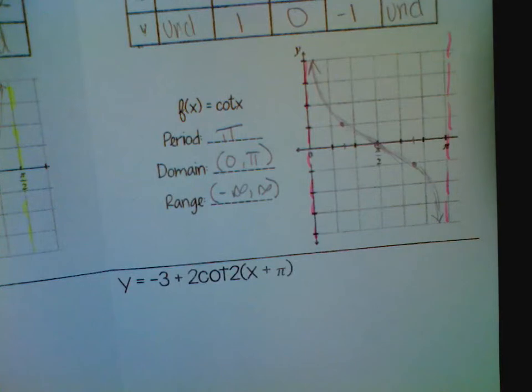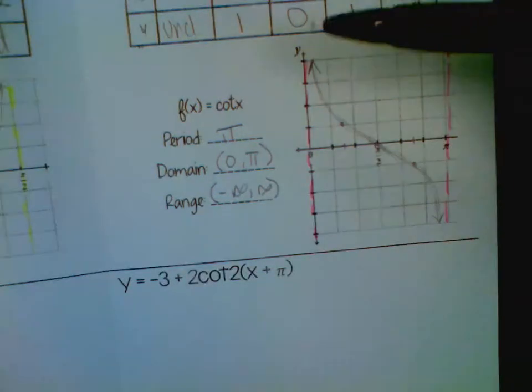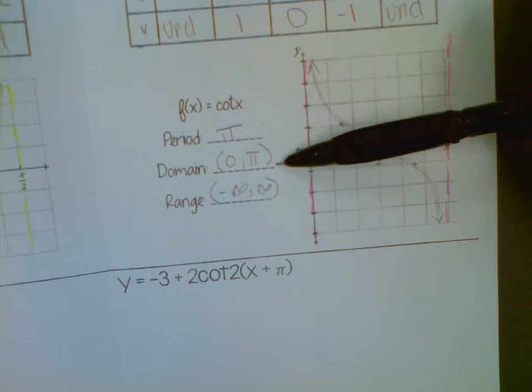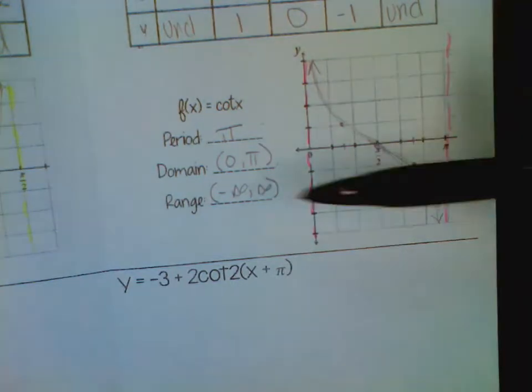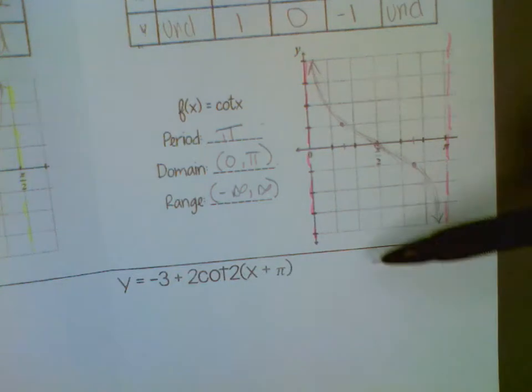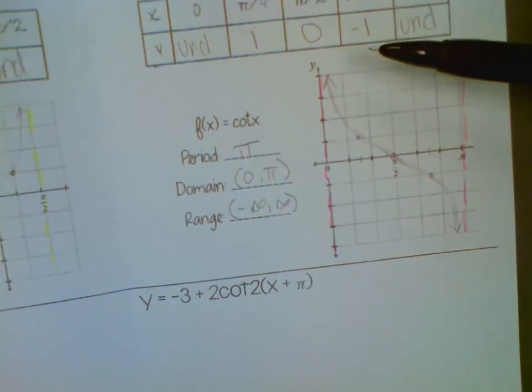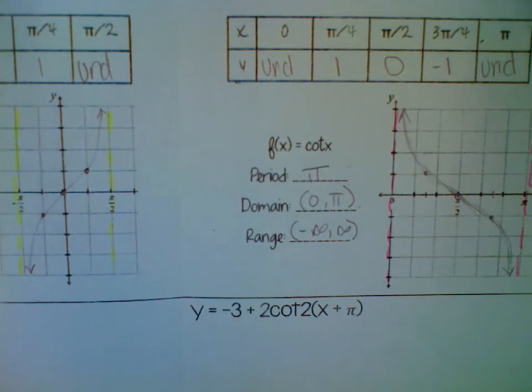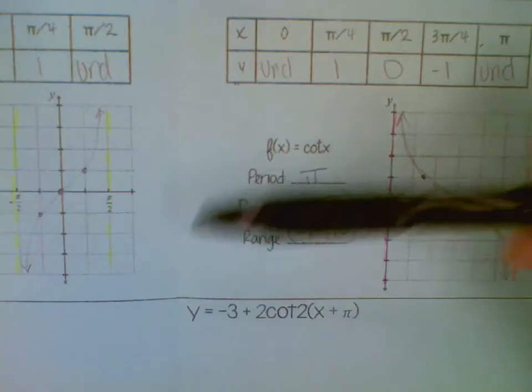Okay, so we have our period of pi, our domain is from 0 to pi, and our range is just like the other one, from negative infinity to infinity. So if we take a look at the two tangent and cotangent graphs,